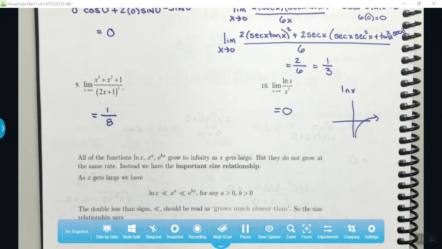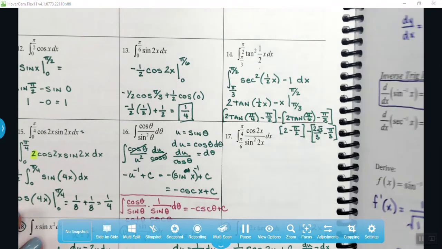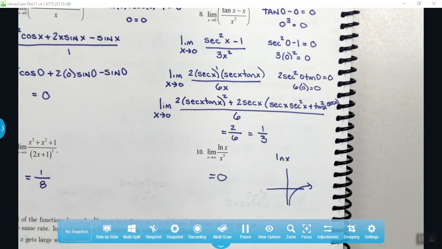Okay? All right, so that's L'Hopitals. You're not going to have a standards quiz on L'Hopitals, just on inverse trig, derivatives, and integrals next time. And do the homework if you need some